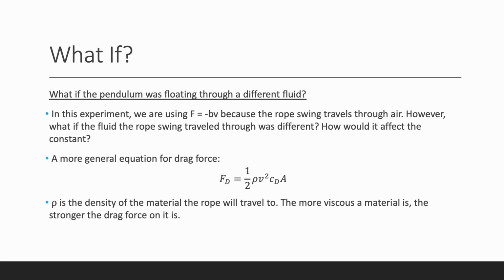A more general equation for drag force is Fd equals 1/2 the density of a fluid times the terminal velocity squared times the coefficient of drag times the cross section of the person swinging, or the thing swinging. But the important thing here is rho, which is the density of the material that the rope travels through. The more viscous a material is, the stronger the drag force is on it. So for example, if the rope was to travel through peanut butter, it would have a lot of resistance